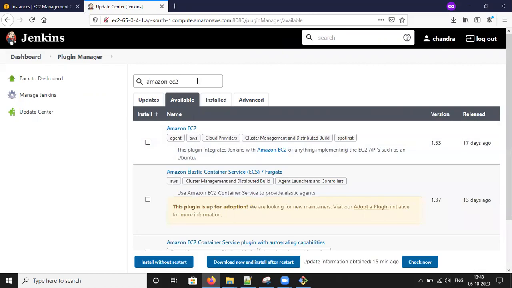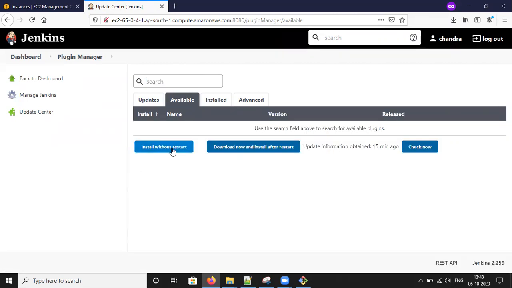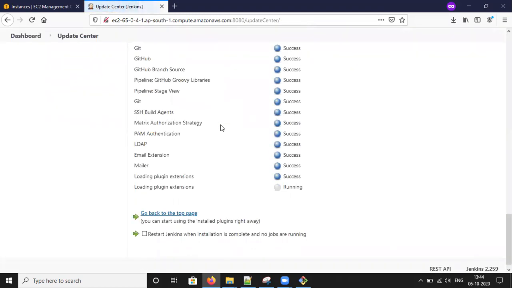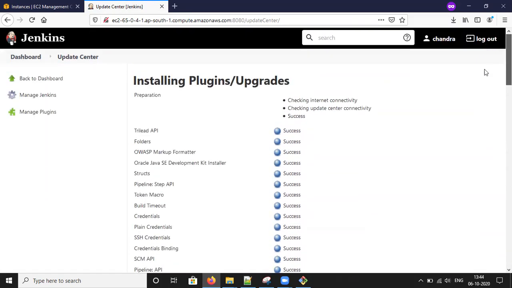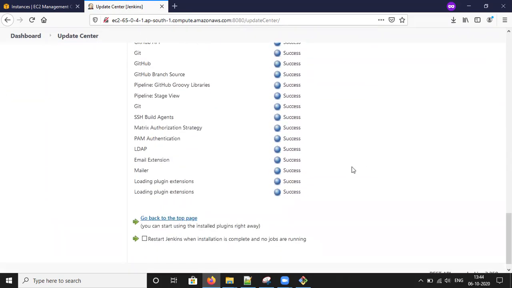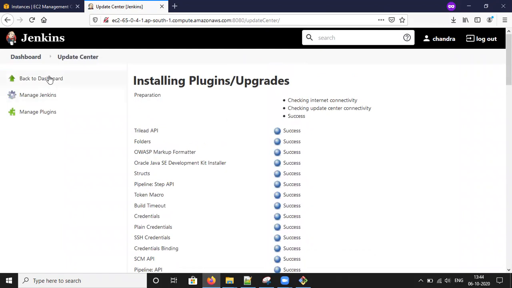If you search using the find button, you can find it, or else you can go for install without restart. Otherwise, you can go back to the dashboard. Loading plugin extensions and all, it was already installed and done. Then click on back to dashboard.